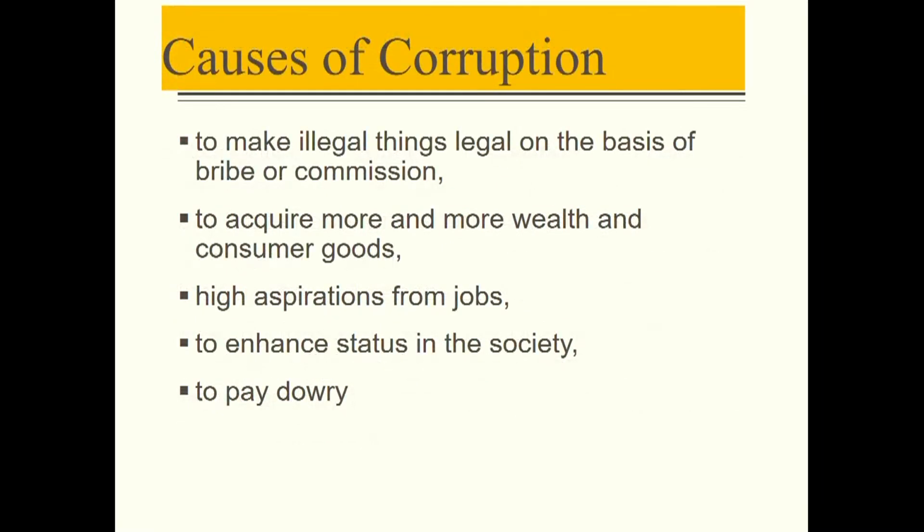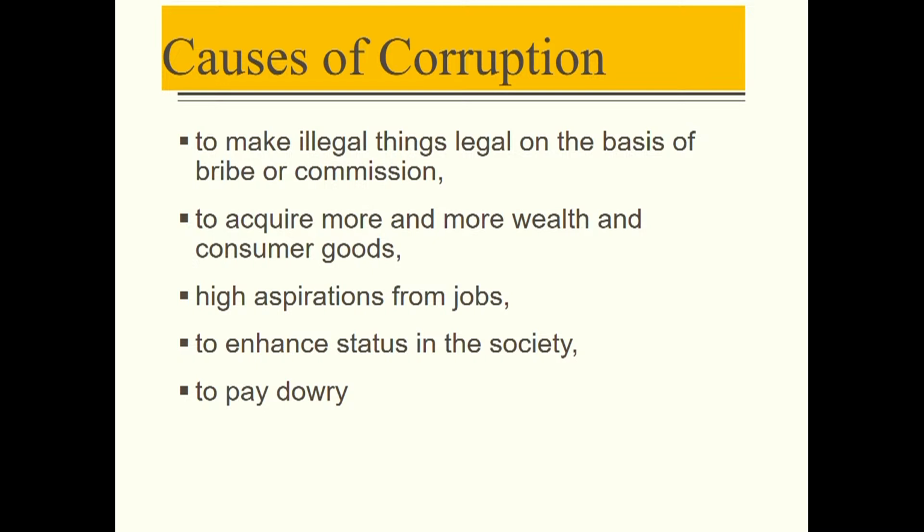But why is there corruption? What are the causes of corruption? To make illegal things legal on the basis of bribe or commission. Similarly, people want to have more and more wealth and consumer goods and high aspirations from jobs. When people get a job, they feel that they have to enhance their status in the society. So therefore, they resort to corruption, and similarly to pay dowry, because in India